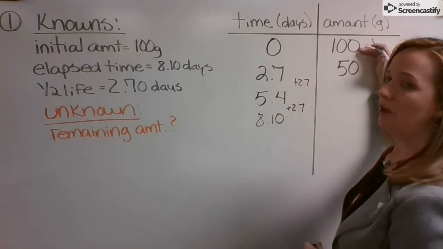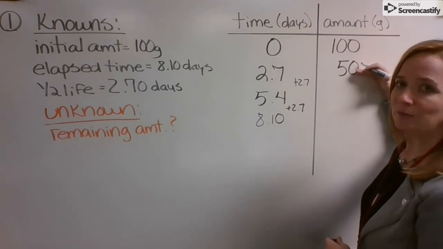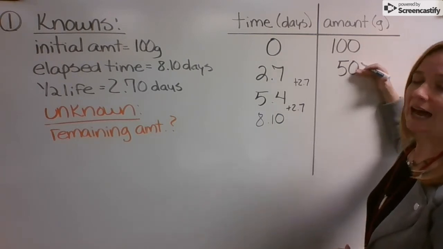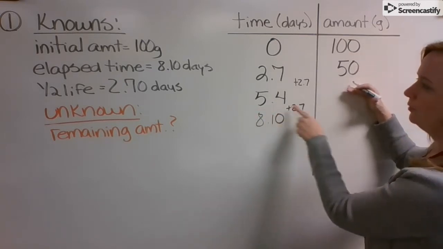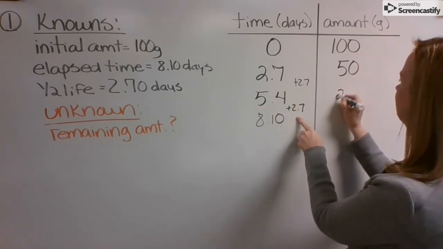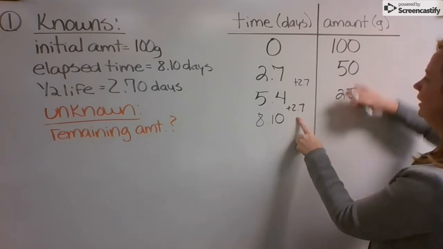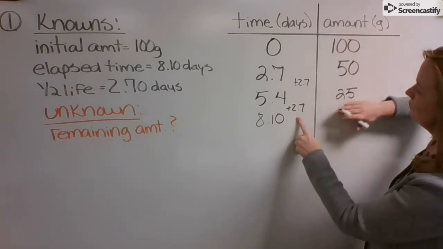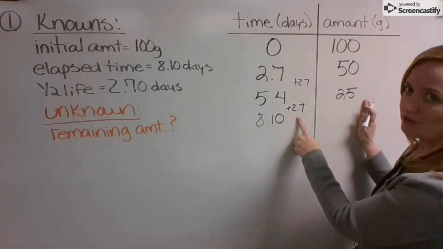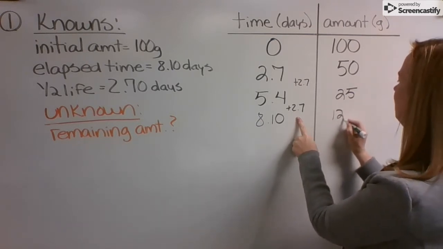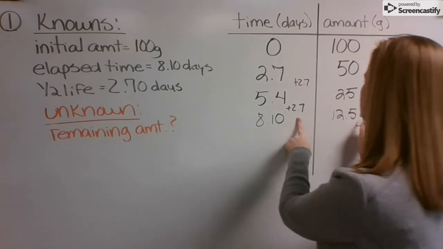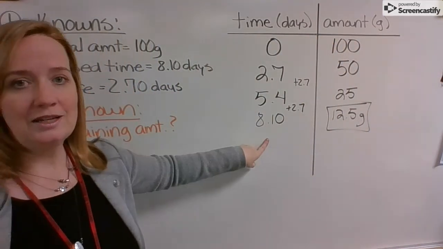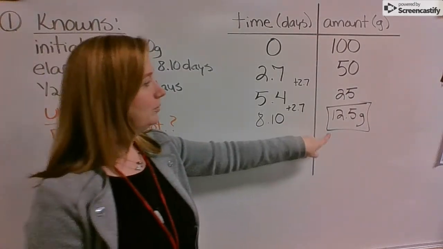How do we know? Well, I started with 100. I halved my sample to 50 on my first half-life. I halved it again at 5.4 days. And that sample has completely decayed. So now we are at 25. Divide that by 2 to get 12.5 grams. So after 8.10 days have gone by, you have a remaining